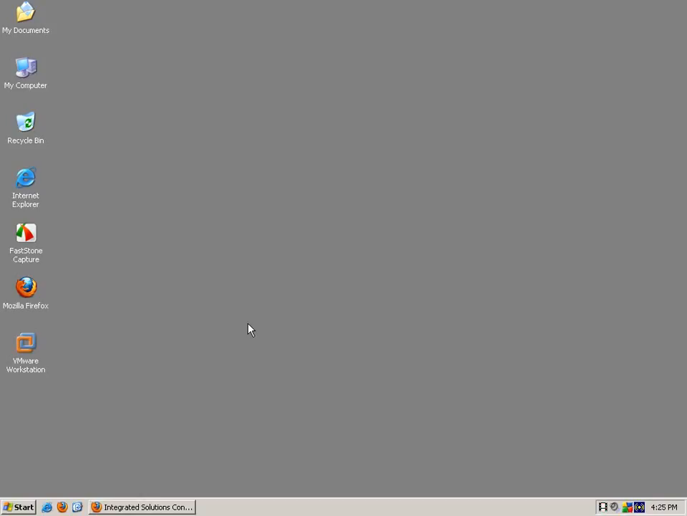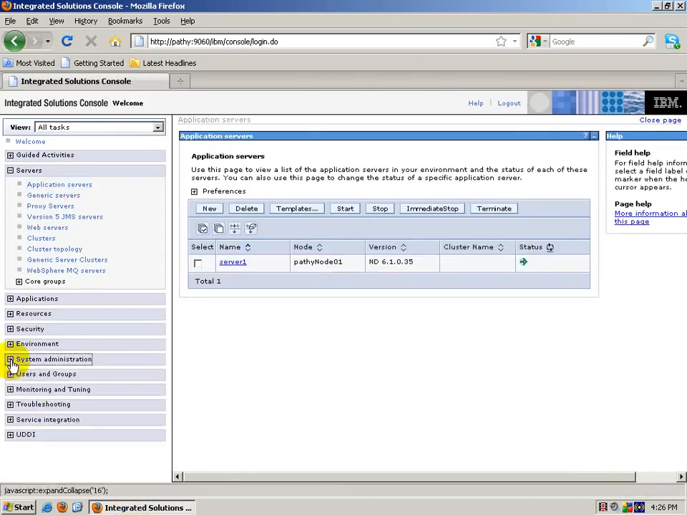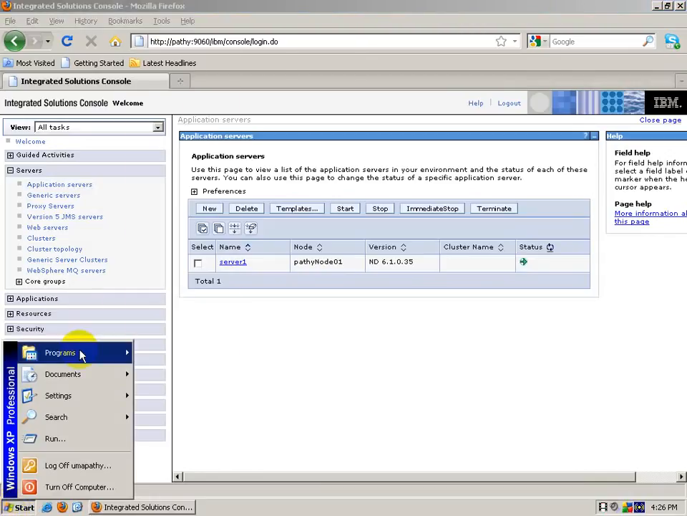6.1.0.35 for the application server as well as the IHS server as well as the plugins, and update all the fix packs using the update installer. Then start the DMGR. Now I have already started the DMGR, you can see it on the screen. And now what we have to do is go to